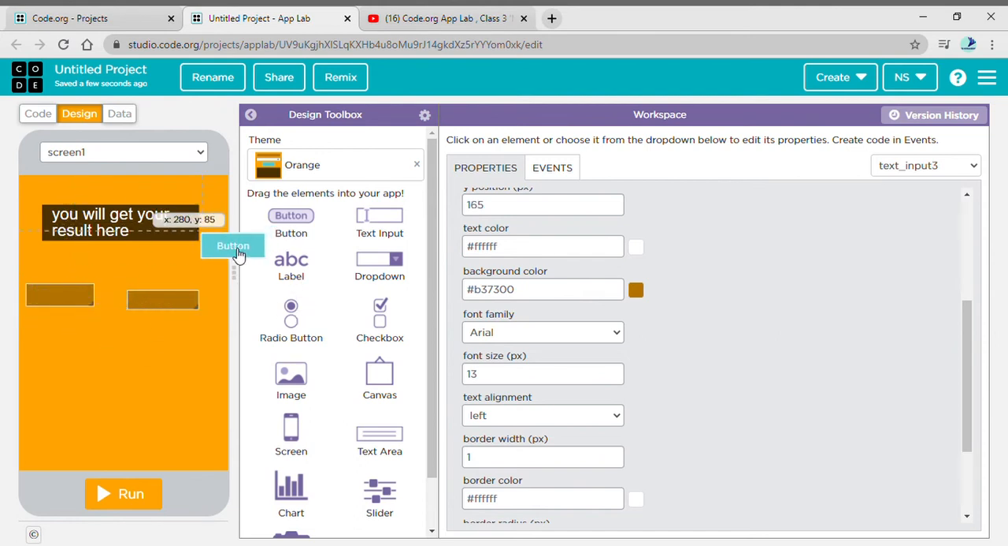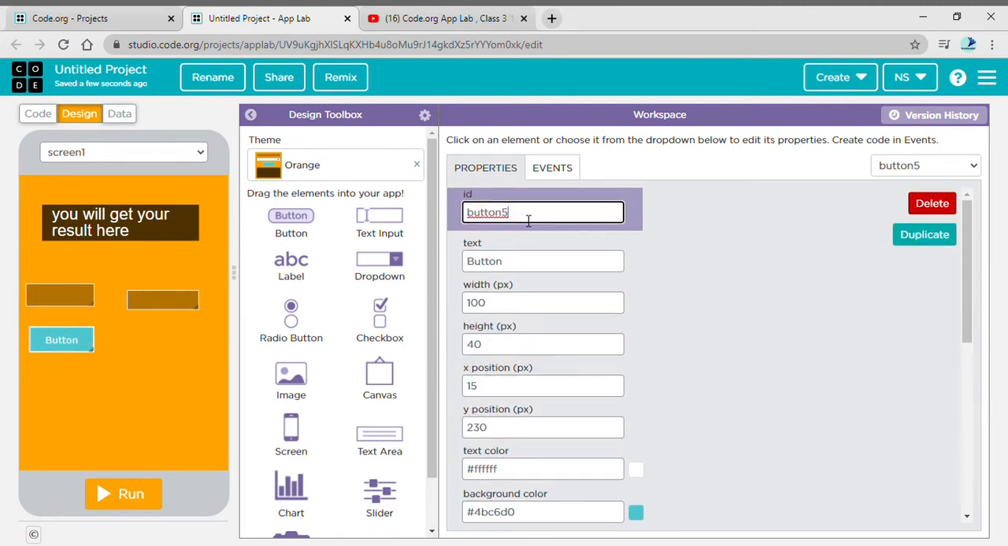And now we have to drag four buttons here. Drag one button, change its ID as add button, change the button text as add, drag one more button, change its ID as subtract button, change its button text as subtract,